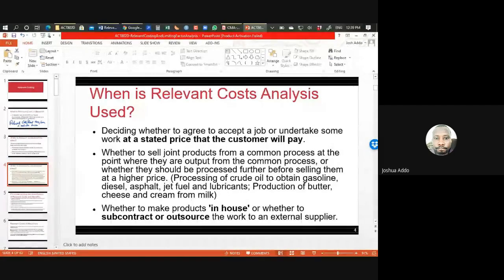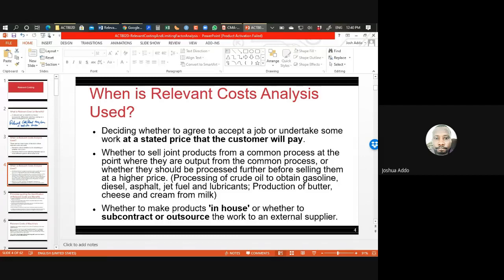When they are doing the drilling at the primary stage, there is a huge mass of liquid in one pool. And then at a certain point in time, you get extraction of maybe petrol, diesel, kerosene, bitumen. So at the split-off point, where you can say this is petrol, this is kerosene, this is bitumen, and so on, do we just sell the outputs as we have identified them, as we have extracted them,